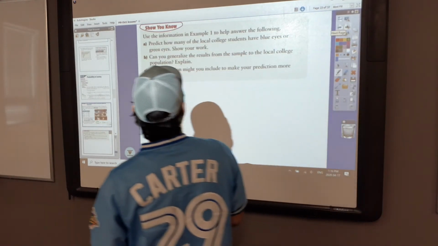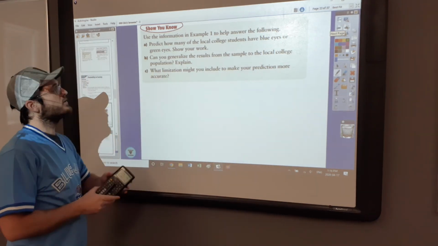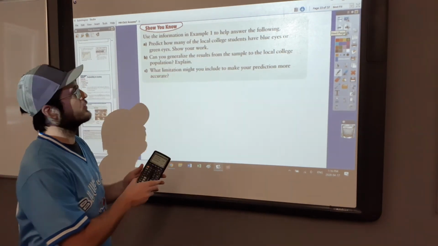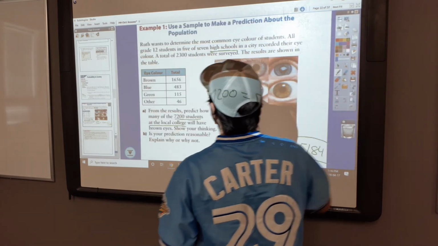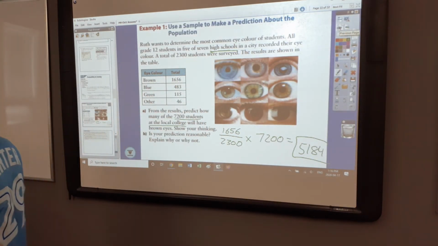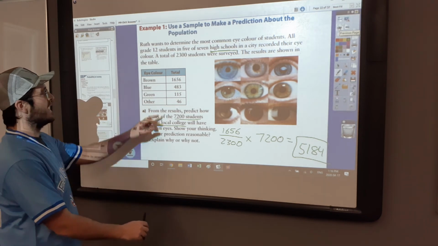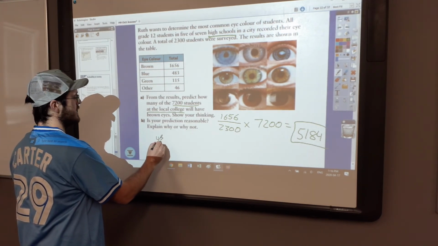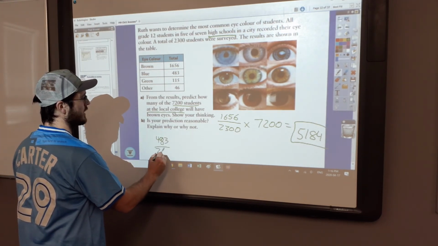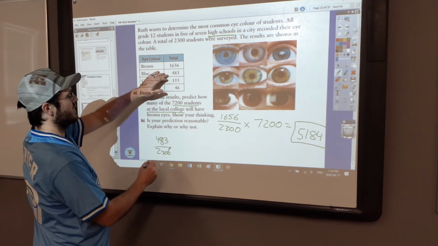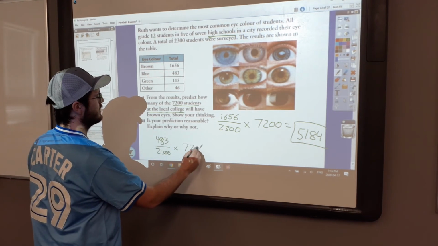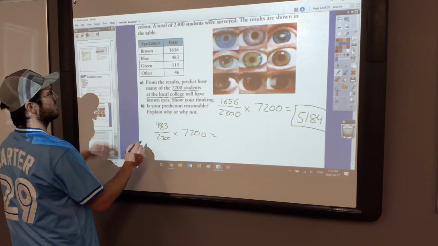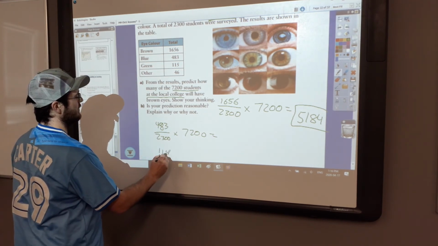Okay, so use the information from example 1. We could do the same idea here with blue eyes or green eyes. I have the calculations made. For blue eyes versus green eyes, there's 483. So we can just do it here: 483 out of 2,300 again. So we get the percentage of blue and apply that to our population. And we do the same with the green eyes, 115